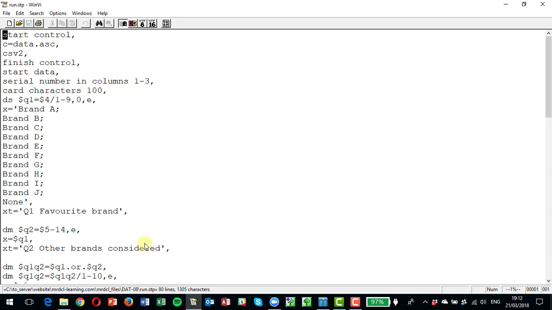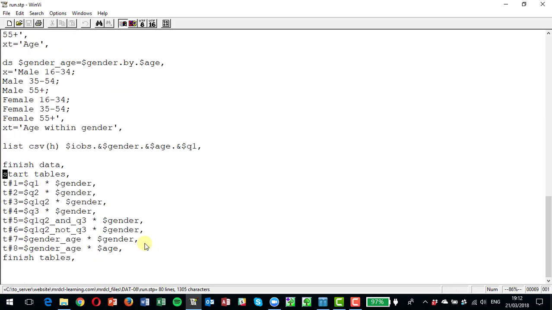Now, the other type of export that you've got, which is not strictly an export but is sometimes used by people, is a list type statement, and it's not really an export. It's actually just running a command in MRDCL, but some people think of it as an export. And this command here, list CSV, tells it to list out some of the variables that we want. Now, I added some options here that you can use or not use as you choose. If you put bracket H bracket after the CSV, it will tell MRDCL to list it out with a heading so that each of the columns in the CSV file that it's going to produce have the heading of the